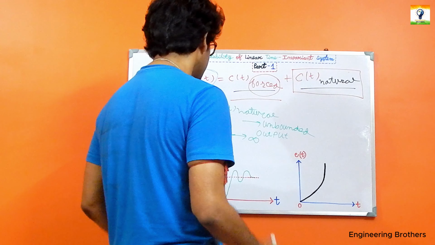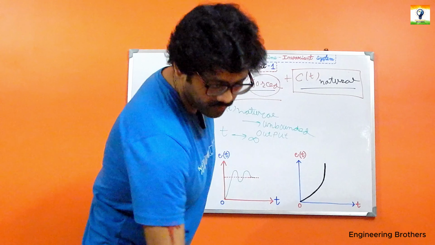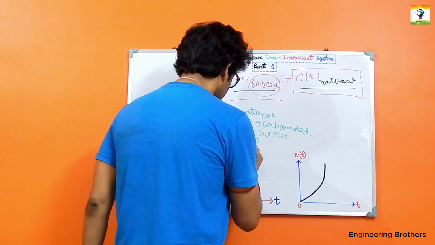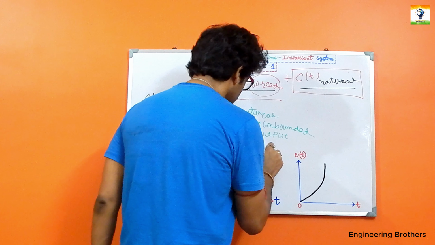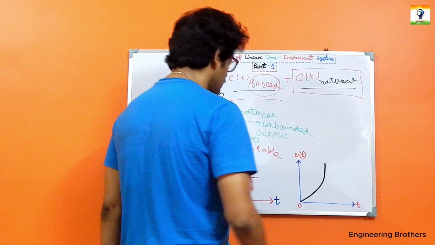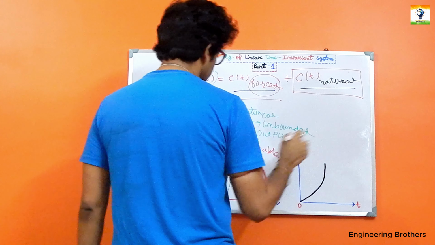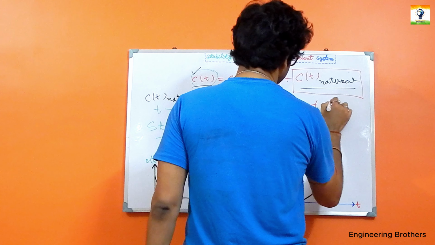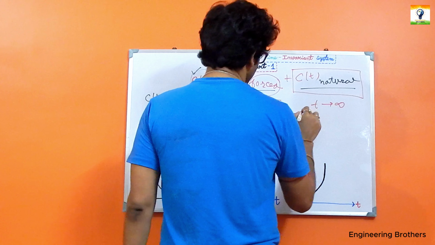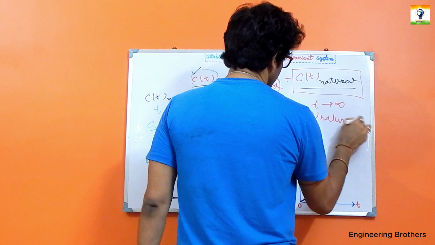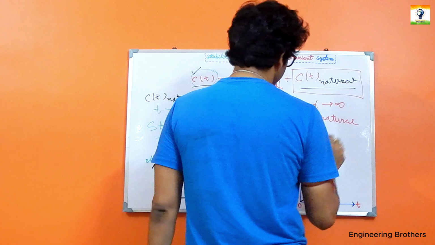We can say that in this case, for our waveform 2, the system is unstable. This is going to be, the system will be unstable. And for the last one, once again, if you increase the time, which is t tends to infinity, the output value c(t) naturally, that value will be